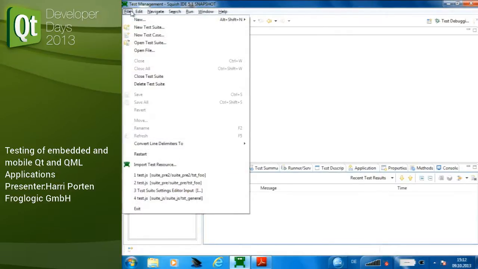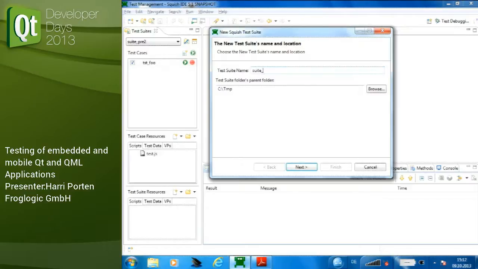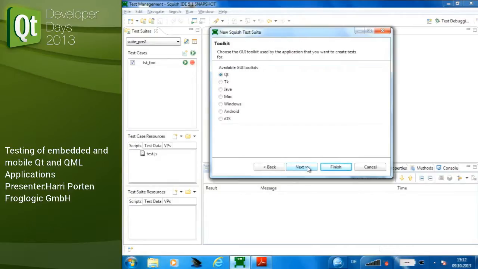Other test frameworks might just have a scripting API where you would start implementing your test scripts manually, but I will, for the convenience, show you how that can also be done interactively from a UI. For that purpose, I'll create a new test suite, which will be a collection of test cases, and in this case you'll see all the other editions that we'll also support, like native Android or iOS testing, Mac and Java, but of course we are only concerned